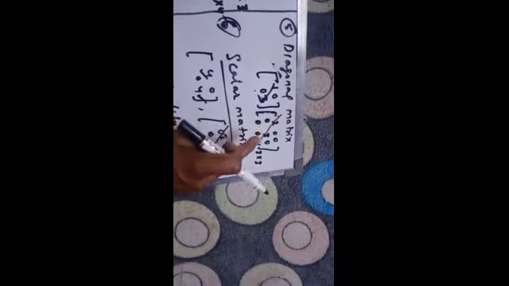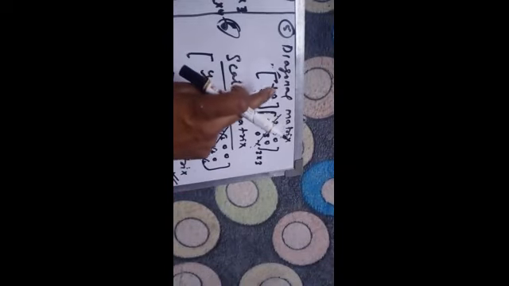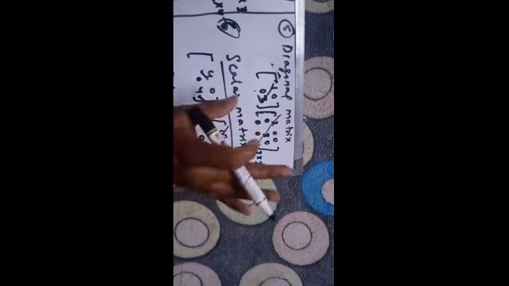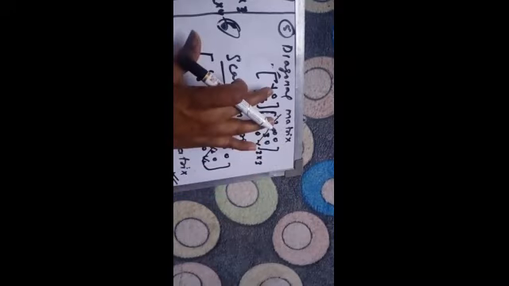This is 1. Fine. I'm repeating this again. A diagonal matrix is a square matrix, in which the number of rows and number of columns are the same. This is a square matrix. Number of rows and number of columns must be the same. But in a diagonal matrix, the elements should come in the diagonal and other elements must be 0. The diagonal elements may be different. So this is known as a diagonal matrix.